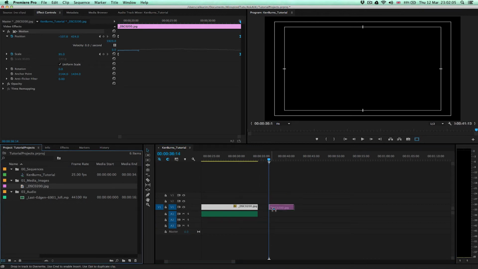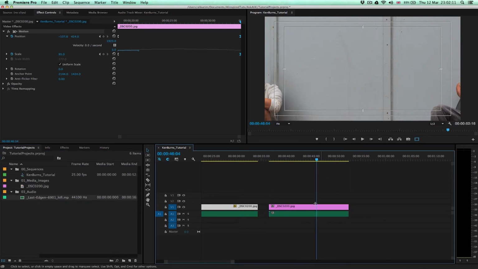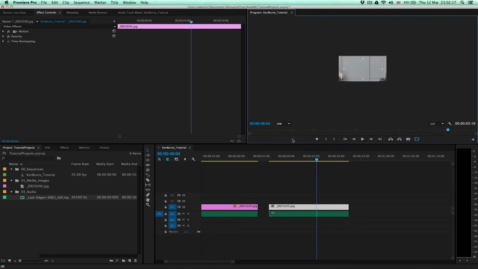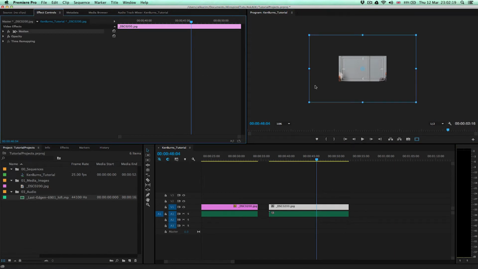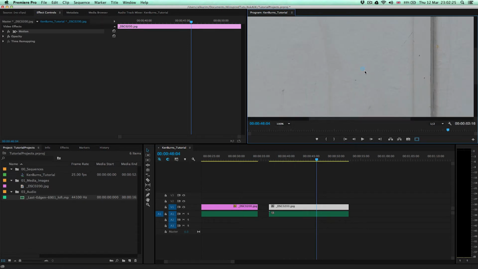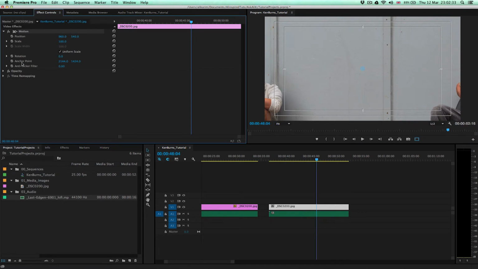The last thing I wanted to show you while we're messing around with images is a really cool feature. If you just select the image, I'm going to just set this to 10%, and if I just click here, can you see this little icon here? It's a circle with a cross in the middle. Now what that is, if you go down to here, is actually the anchor point. Now you can move the anchor point, it moves the image. So for instance, if we set the anchor point,